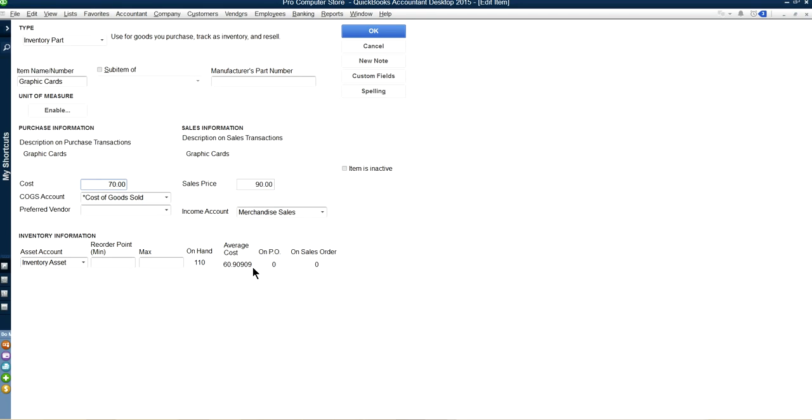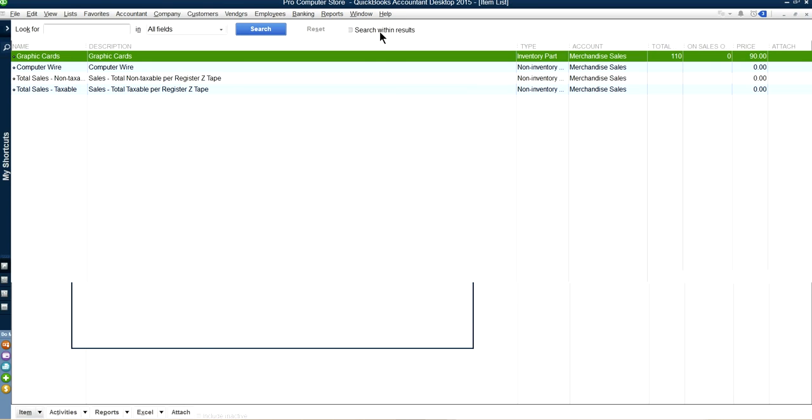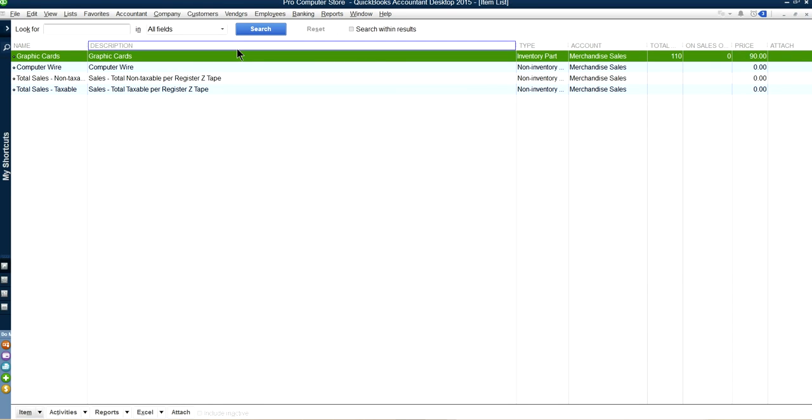So when you create an invoice, it will reduce your inventory at this rate from now on, because this is your average cost. It doesn't matter if the cost you say here is $70 or $700, doesn't matter now. You have already built the average cost in here, and you have the on-hand item. All right, so this is already established now. Okay, and then say okay. All right, so now you're ready to sell